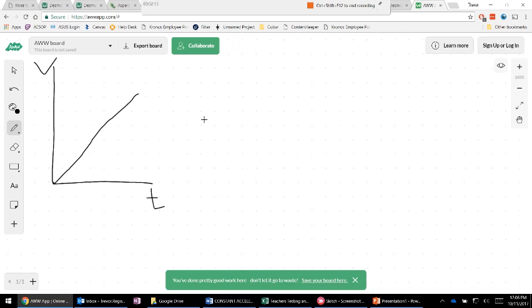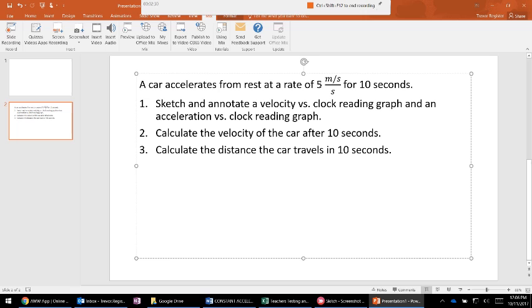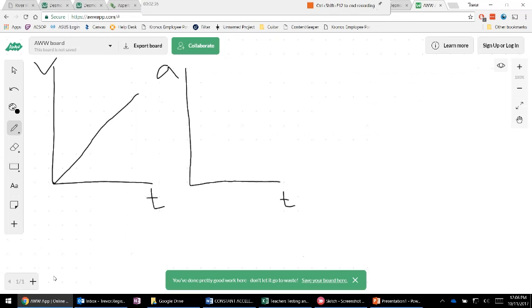the next thing is that we're going to do the acceleration versus clock reading graph. Again, just qualitative for now. So A for acceleration, T for clock reading. And so here, the acceleration, we have a number for it. We're not going to worry about the number yet, but it says the acceleration is 5 meters per second every second. And so that acceleration is going to be constant, meaning that the velocity is going to change by 5